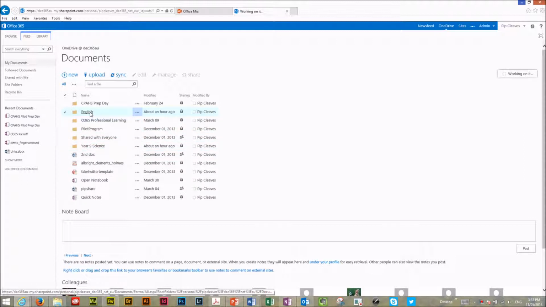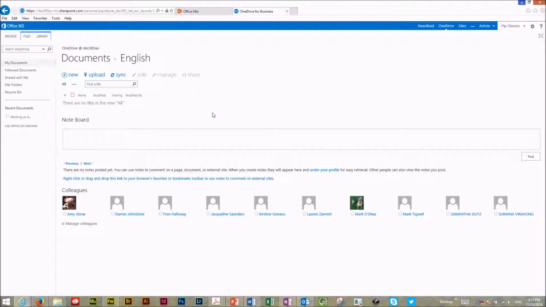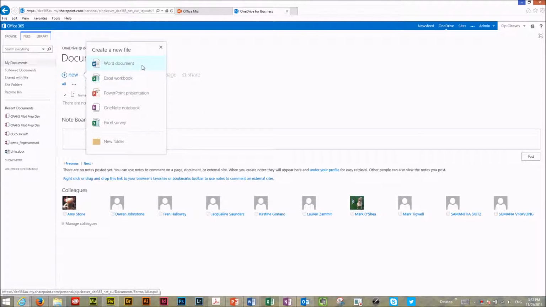So if you don't have one, you can create a folder, and there's a how-to for that back in the OneNote as well. So this time we're just going to go to the document. We're going to click into the folder. This is an empty folder, there's nothing here. We're going to click on New, and then I have the choice of a Word document, which is just like